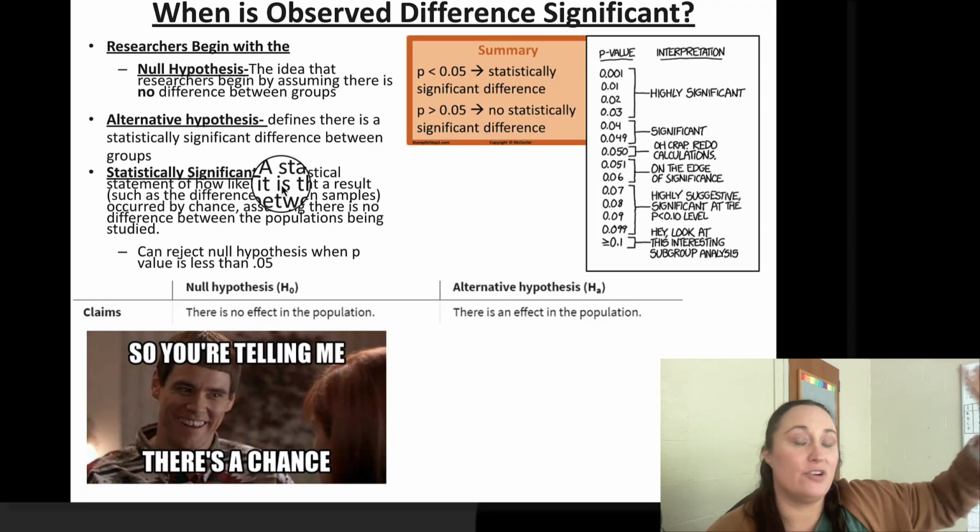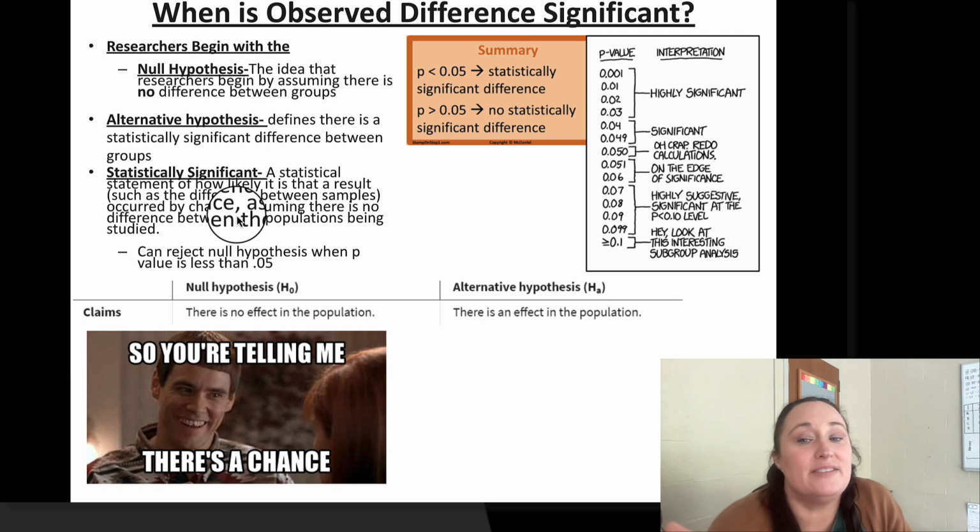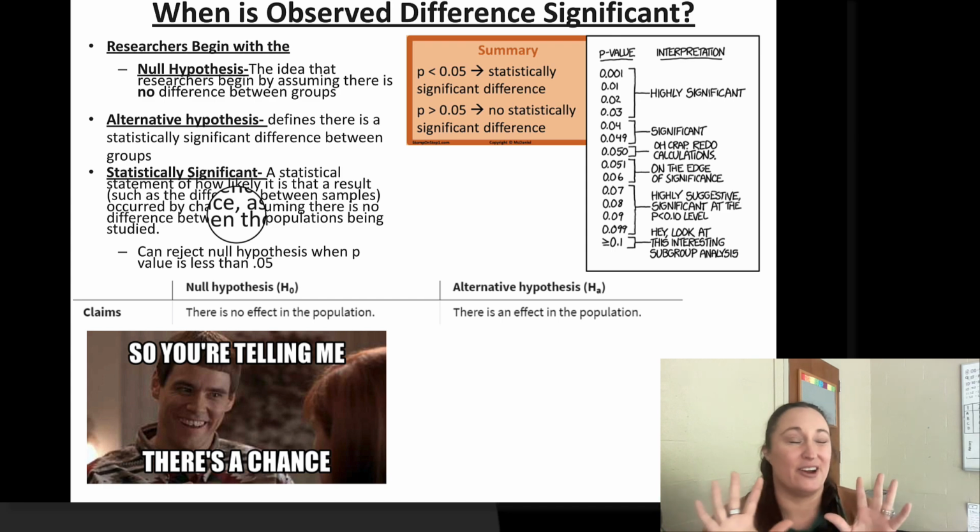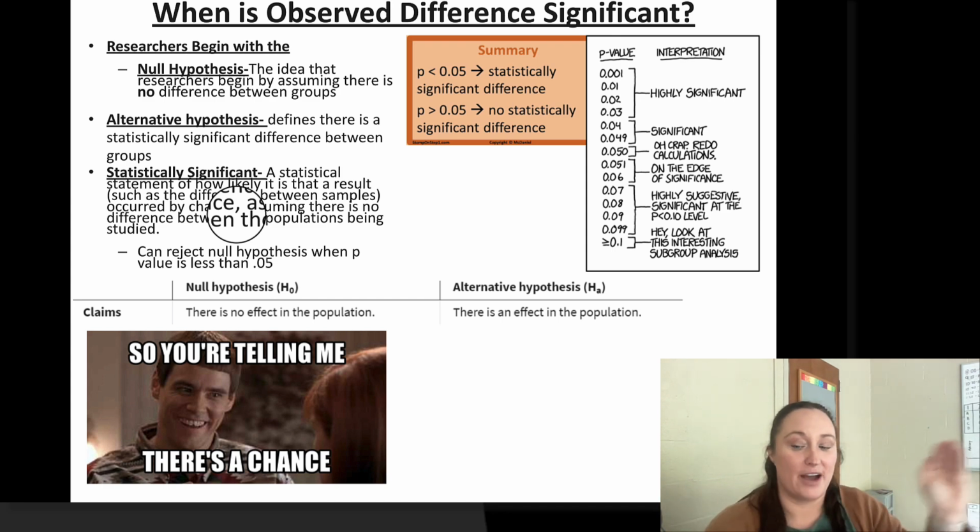It's assuming we have good otherwise data, but there's a 0.03 chance that it's because of some other variable. But there's a really strong indication here. So what statistically significant does say is there's a really strong indication that listening to music impacts your test